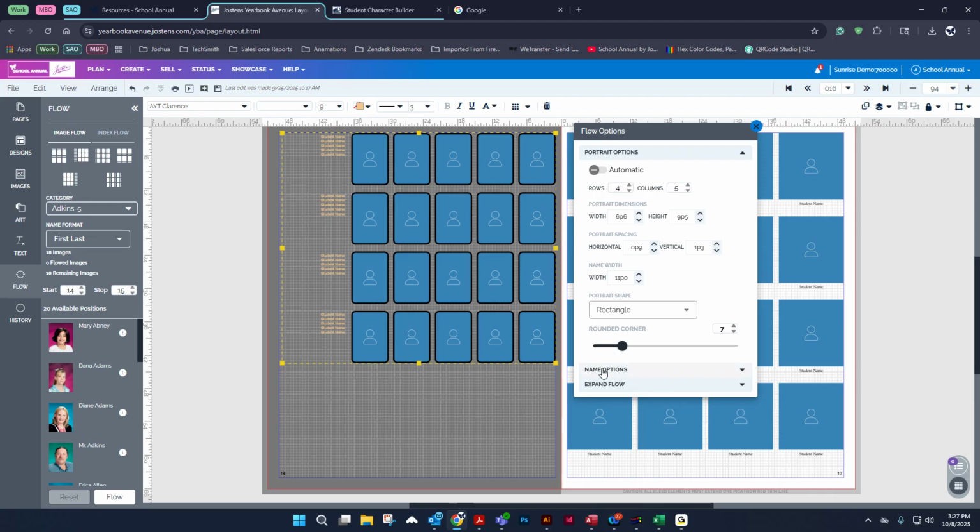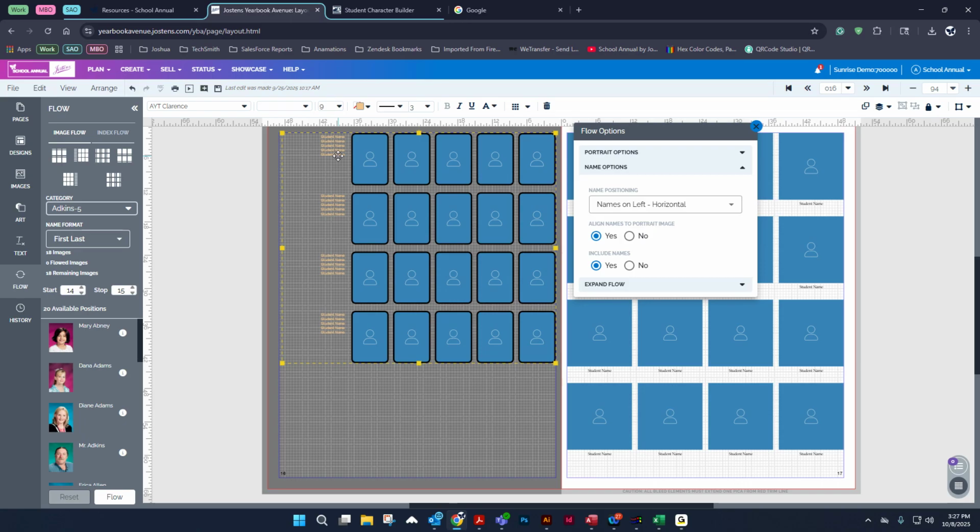Now, name options right here. If you're using this one on the left and then on the right, there is one thing I want you to do, and that is to come to name options. And then right here where it says align names to the portrait image, what that will do is these names